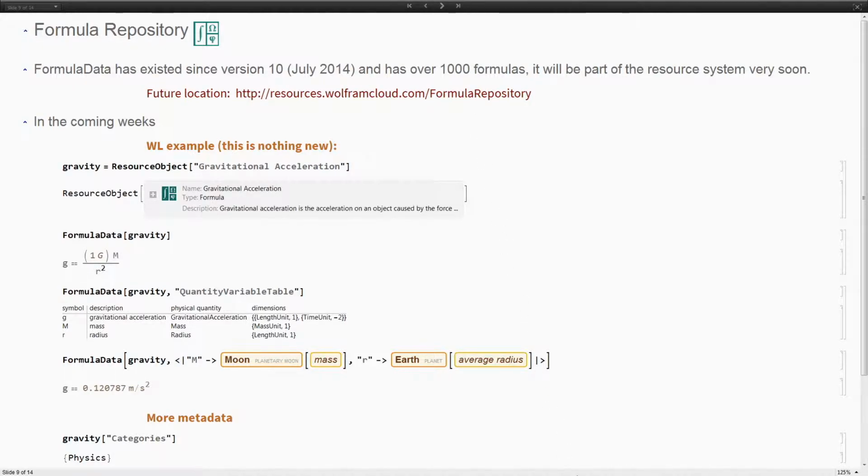The next repository, which is not quite released, but this is a sneak preview, is the formula repository. This is, again, taking a feature that already existed, and